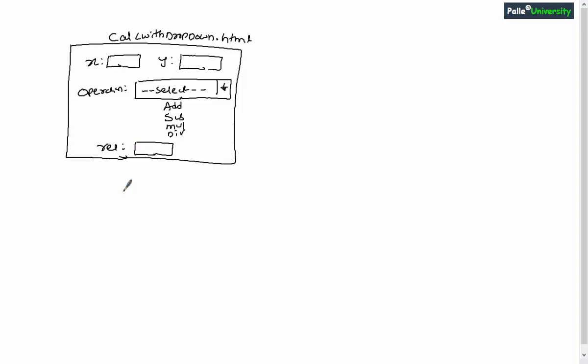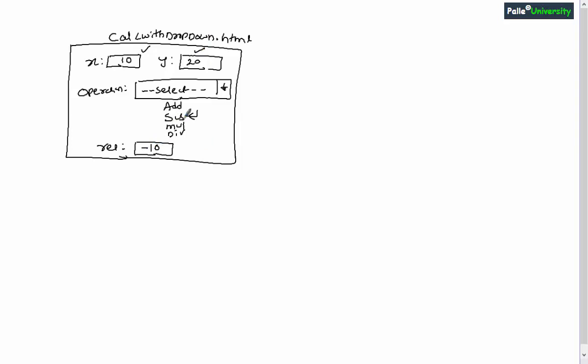Now you observe carefully, in this page there is no button control and you are not supposed to add any button control over here. Okay, now let me explain the requirement. When the user gives some numbers into the text boxes, and selects any of the items present in the drop down list, the corresponding operation must be performed and the result has to be displayed in the result text box.